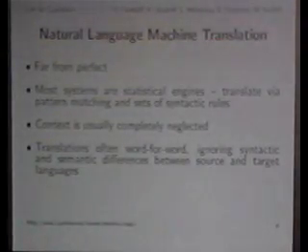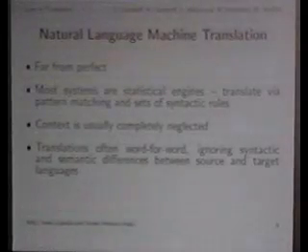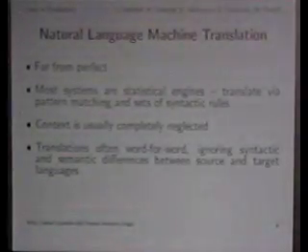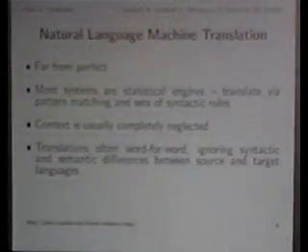Say somebody talks about pipelines and seals, and suddenly talks about sea lines in the middle of the translation because the translation picked the wrong word in the dictionary to translate seals. And so there's plenty of errors in machine translation.